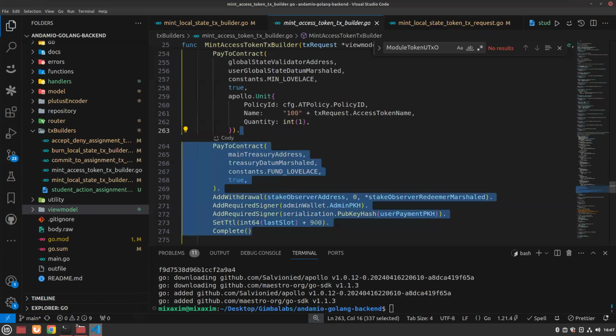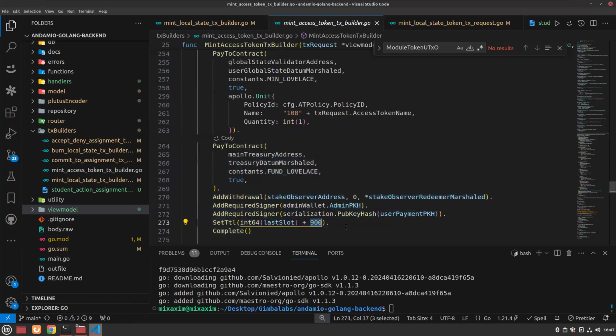And 900 is a number that I actually asked about. It was around 600 in my test, but I asked Eduardo, who is one of the founders of Dex Hunter. He said 900 is a fine number, and this is the sweet spot for that. But 900 means if I run this code,